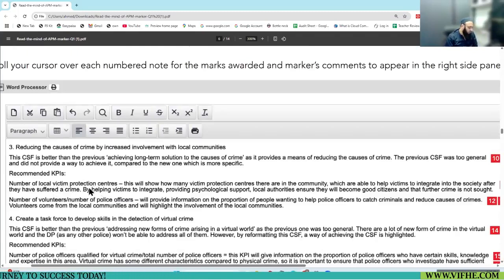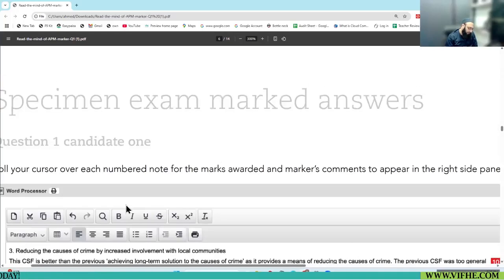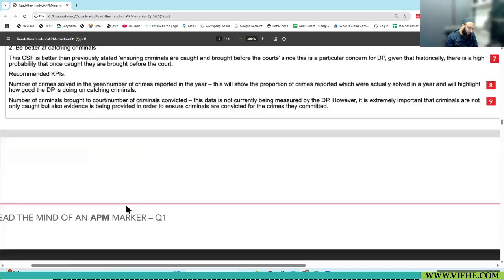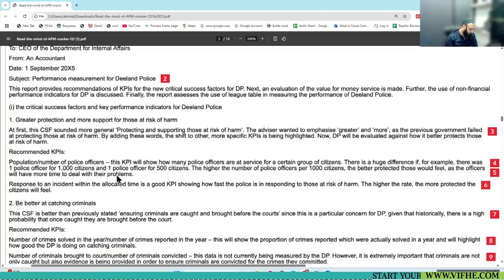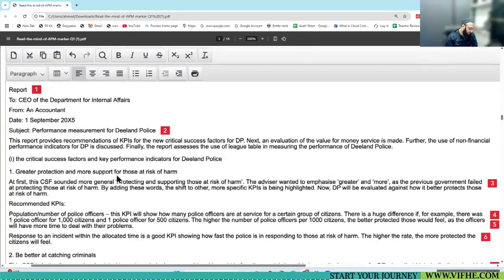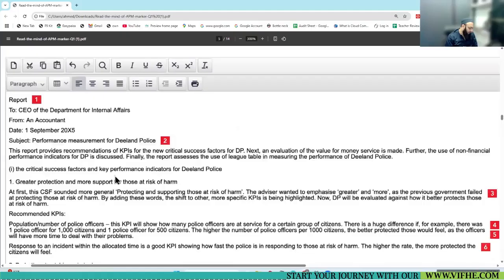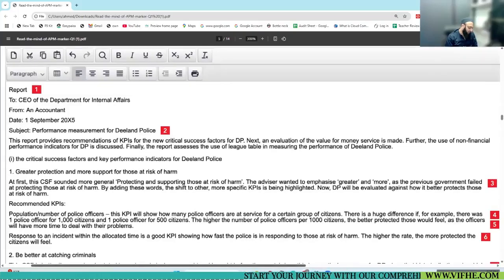Yeah, local victim and all was all he mentioned on his own. But I think he missed mentioning this completely, that all the CSFs and KPIs had limited knowledge.